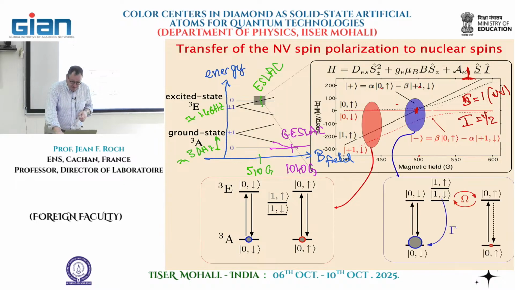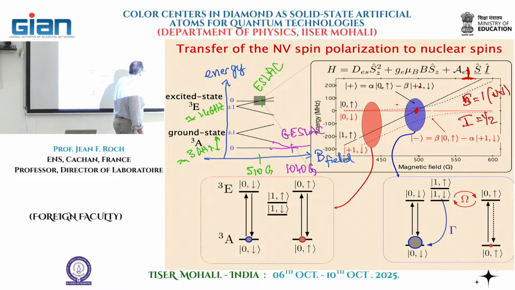It's completely different now if we are at the level anticrossing. At the level anticrossing, I can have those transitions, okay? You agree with me? So what happened with that? What happened is that I can go now, as we know, due to the mixing of